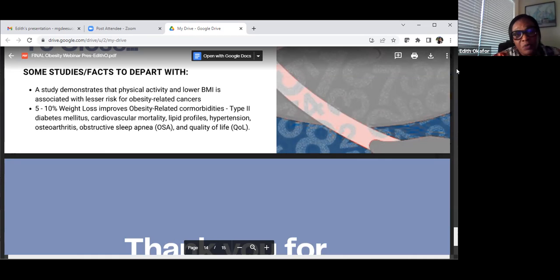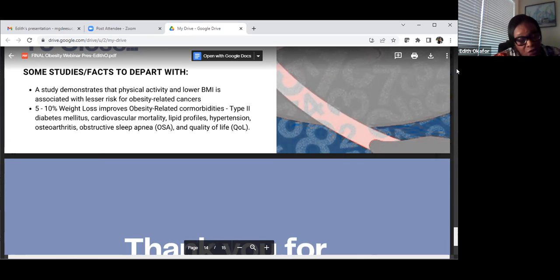When we say lipid profiles, we're referring to things like high cholesterol, hyperlipidemia, then hypertension. Some people have hypertension creeping up in the later part of their lives, related to obesity, osteoarthritis, like we mentioned,